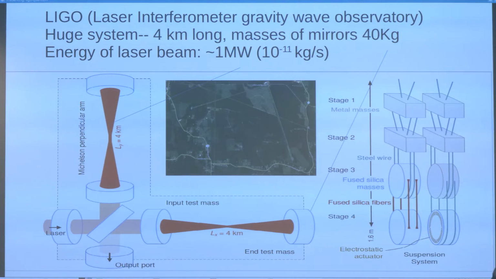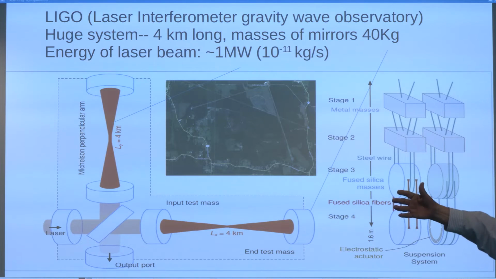Let me remind you of LIGO. LIGO is the Laser Interferometer Gravitational-Wave Observatory. I keep calling them gravity waves, but that term got stolen by the fluid mechanics people 100 years before, only about 50 years before Einstein. But anyway, I will probably keep calling them gravity waves. It's huge, 4 kilometers long,